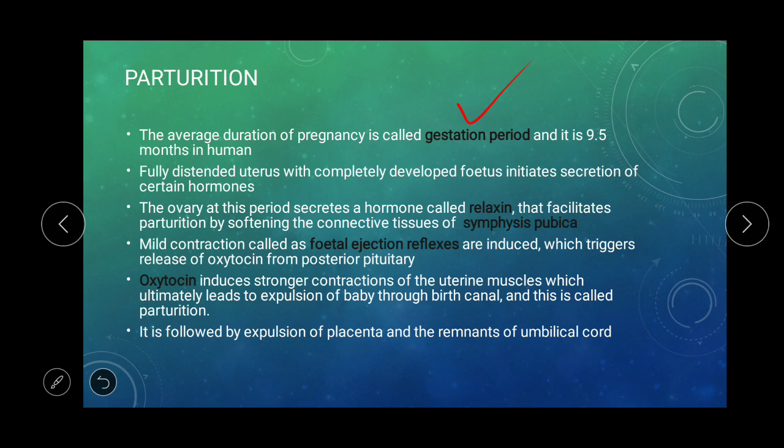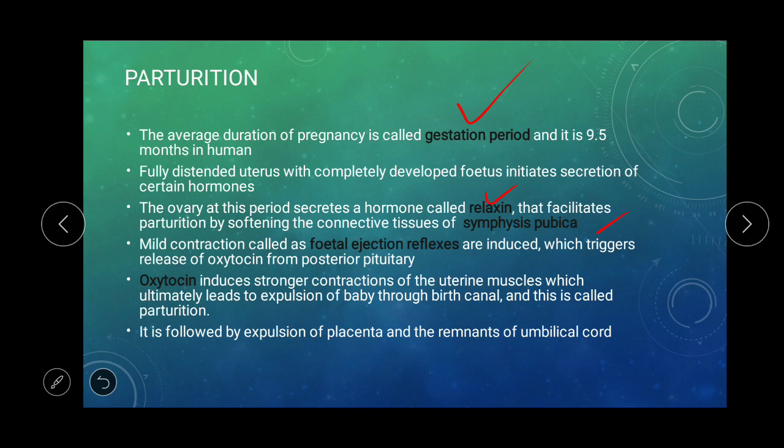And the ovary, that is the primary sex organ in the female, produces a hormone called relaxin. You remember the name relaxin. This facilitates parturition. Parturition is the expulsion of the baby from the female body, or the female uterus, through the cervix and vagina. And it is facilitated by softening the connective tissues of the